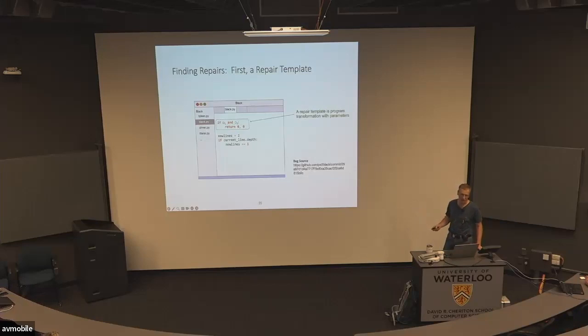So a classic way to solve this problem is to use a repair template, and to divide the search into 2 phases. First, find a repair template and then instantiate that repair template. A repair template is a parameterized program transformation. An example one is shown here in orange. The 2 holes here are its parameters, and in this case, they're variable holes. These 2 holes are intended to be filled with variables. Assuming you've selected the correct repair template, for which there exists a way to fill the holes that will solve the problem,